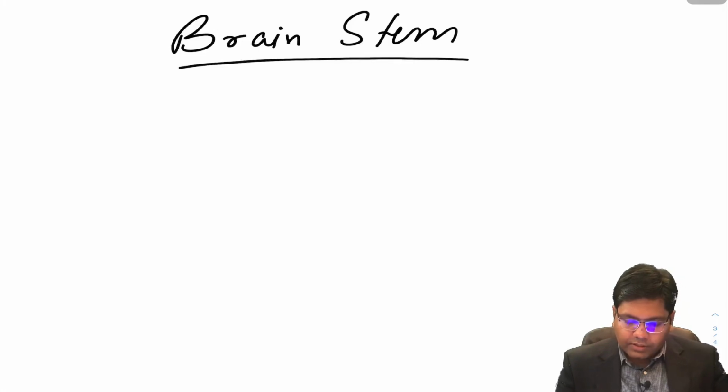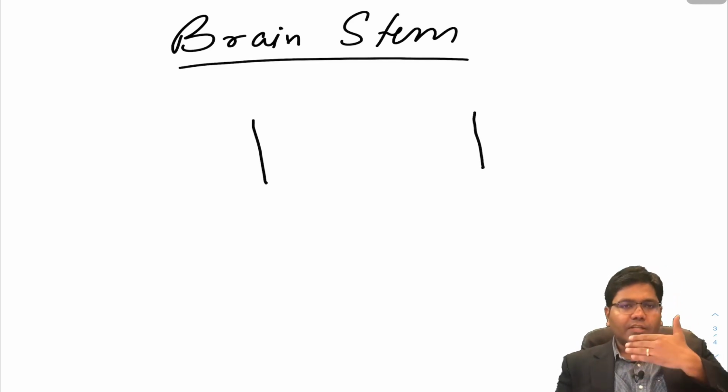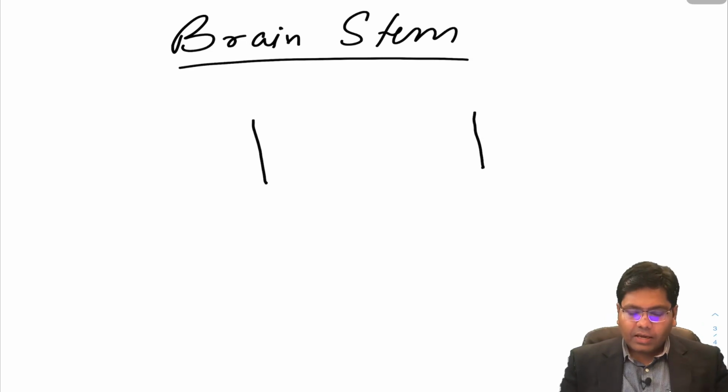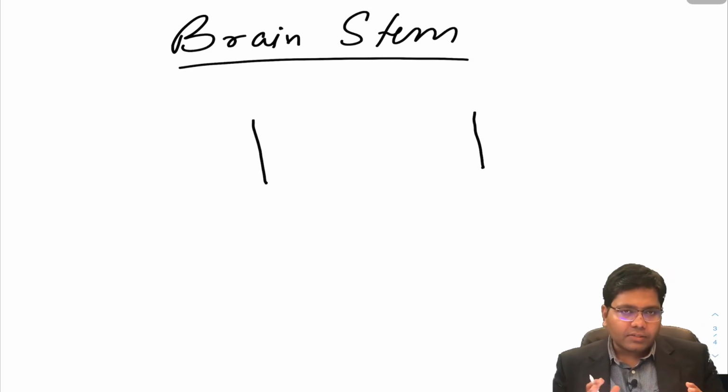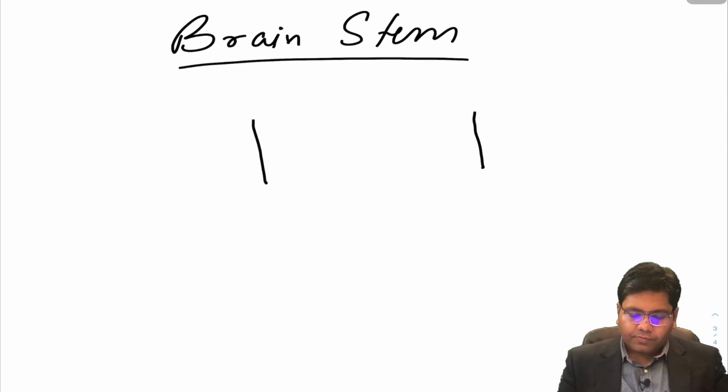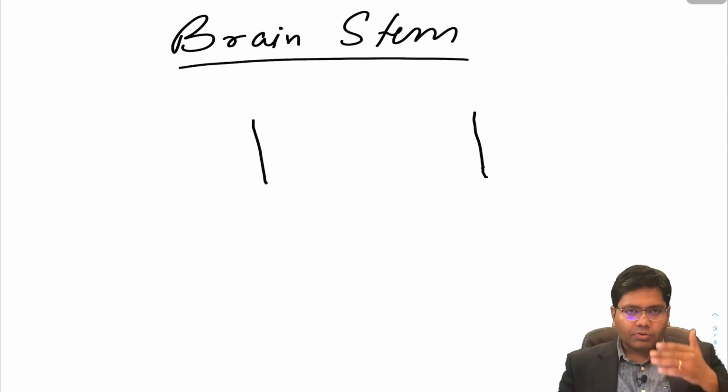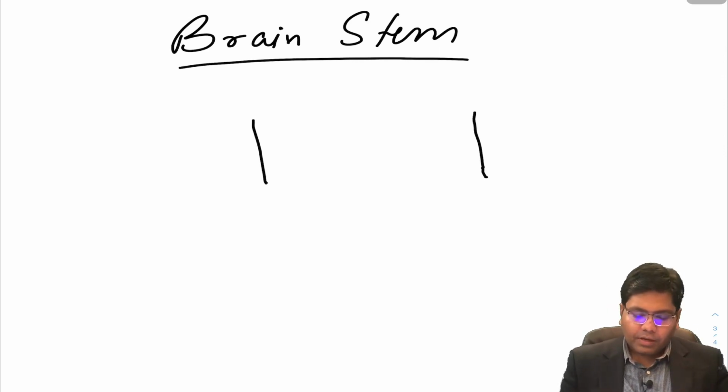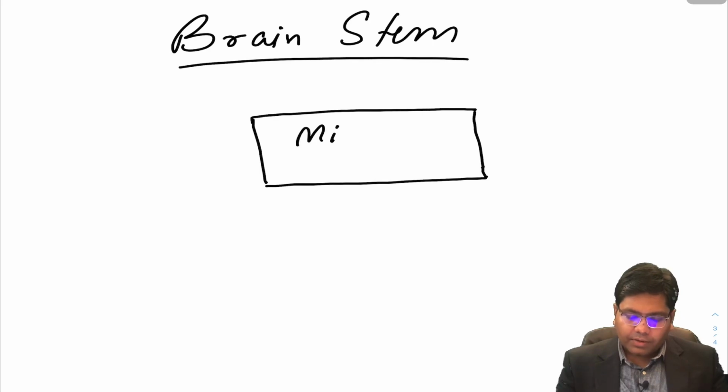So let's say this is from the anterior part of the midbrain. We are taking the picture from the anterior side, the ventral side of the brainstem, correct? And we'll also be looking at the lateral side of the brainstem. So first of all, I'm going to draw a picture of the ventral side of the brainstem. So this is your midbrain,